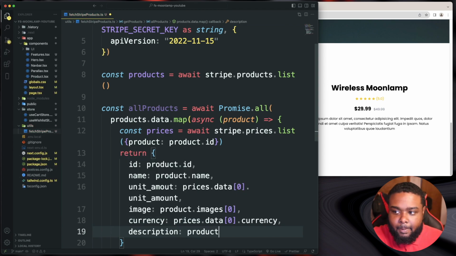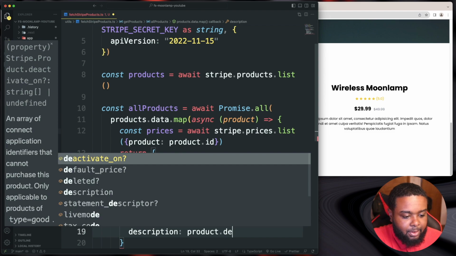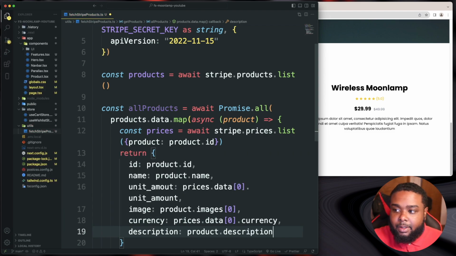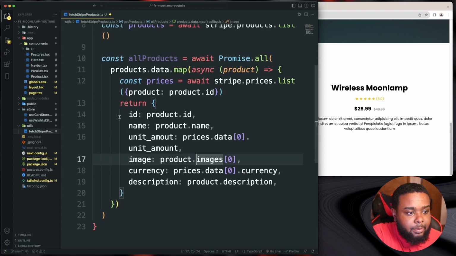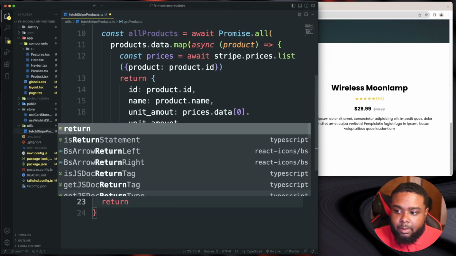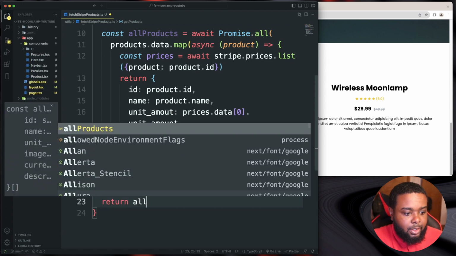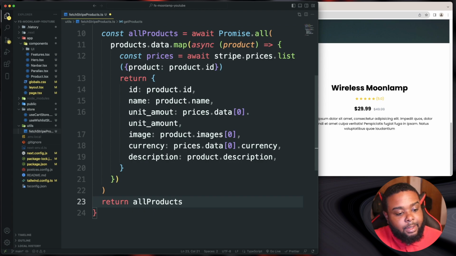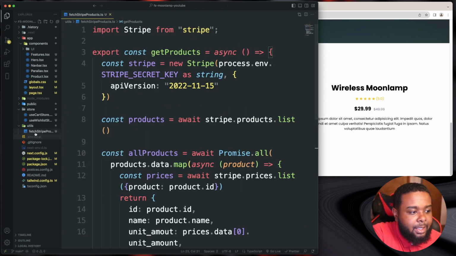Product. Actually, we're going to use a description. I'm going to switch it to use it to product description, like that. Alright, cool. And then last but not least, right before this indent bracket there, we're just going to return all our products, like that. That's it. So now we got our fetch product function, and now let's actually create the rest of our utils